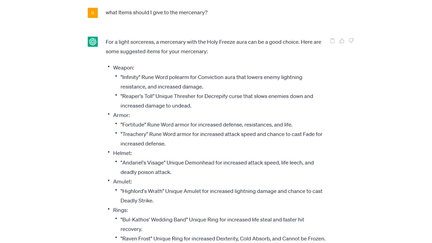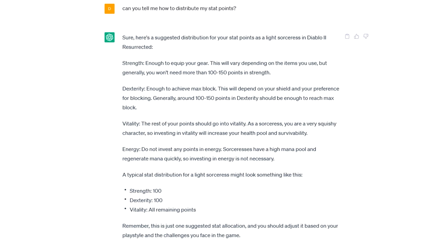Asking for a mercenary, we get a perfect equipped Infinity Merc from Act 2. Well done. But the AI also suggests jewelry, boots and a belt for the merc. Of course he has no item slots for this stuff. The recommendation for the stat points is quite okay too, but GPT wants us to skill dexterity up to the maximum blocking chance. That would be a thing for PvP, but for PvE it's more likely to put the points